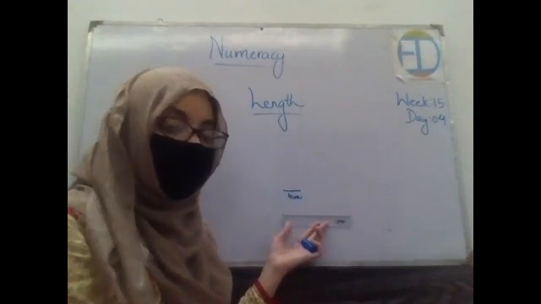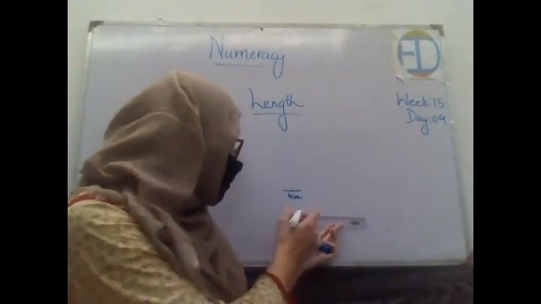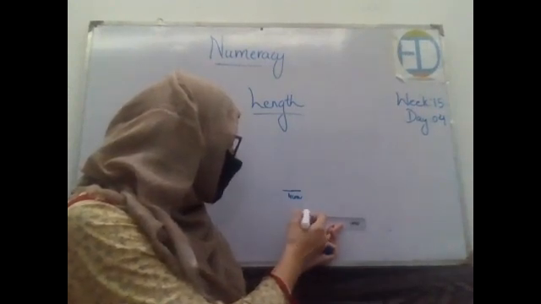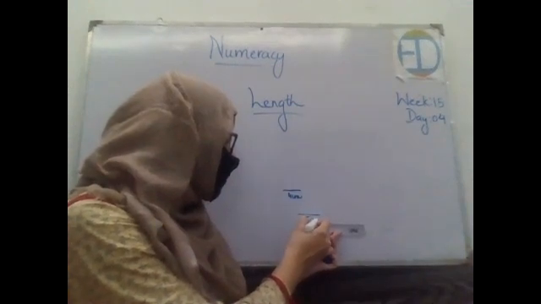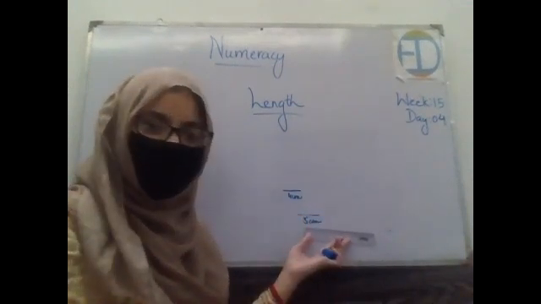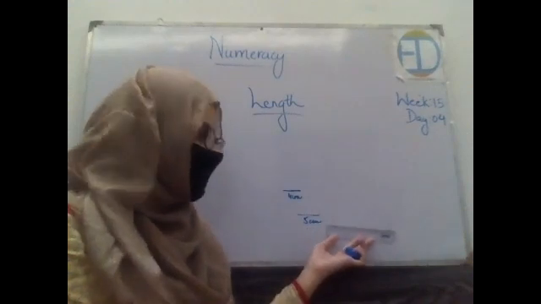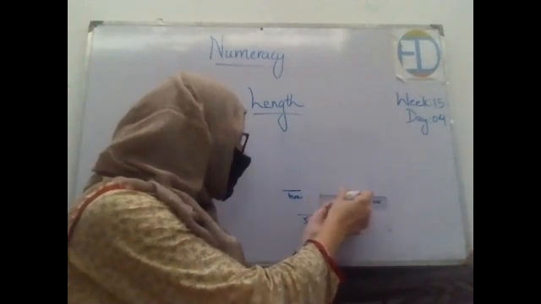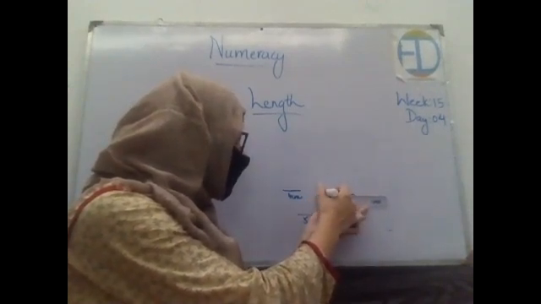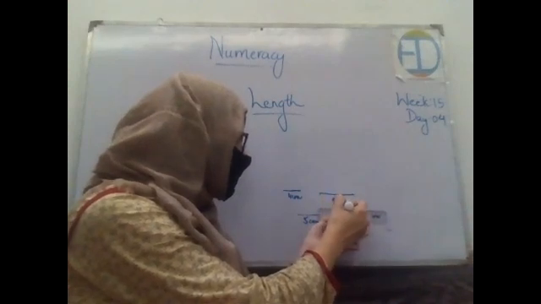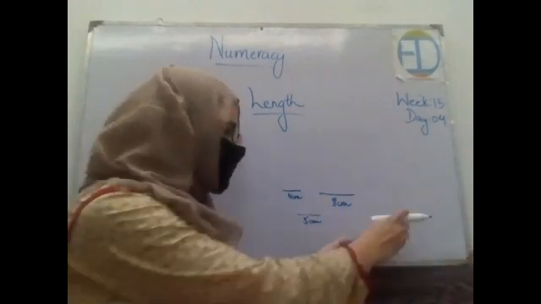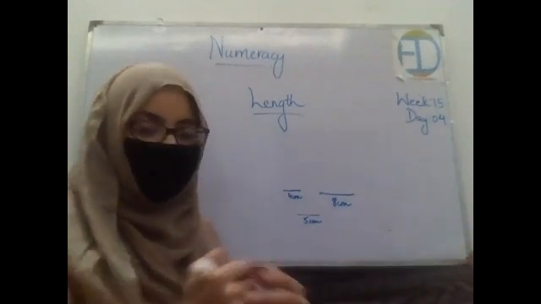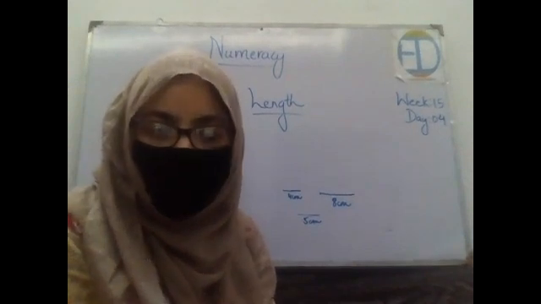The next says 5 centimeters. Again, put a dot at 0, the other at 5, and join them. So this is of 5 centimeters. The next is 8 centimeters. So one at 0, other at 8, and join them. Now draw the last two by yourself. First of 10 centimeters and the other of 7. Hurry up and show it to me when you are done.